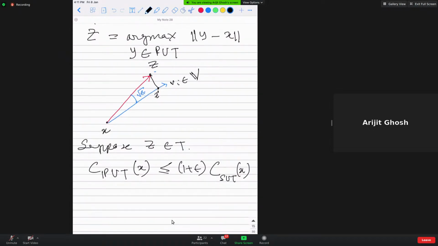If the point that is farthest in P union T is in T, then that same point will also be the farthest from x in S union T, since S is a subset of P. So if z belongs to T, we actually have nothing to prove. Then the result holds. So we can assume